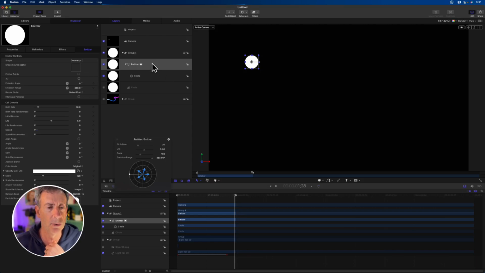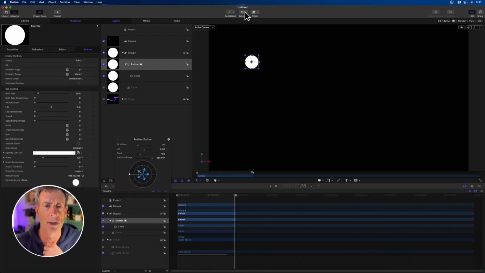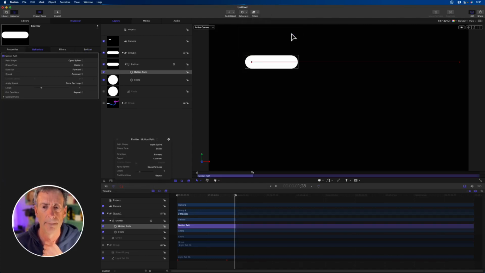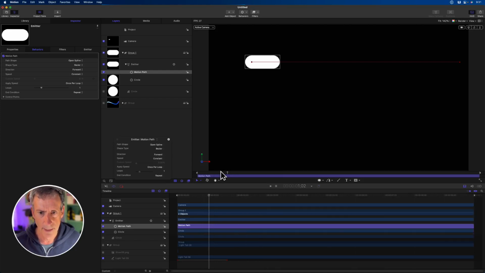And then what I'm going to do is, let me make sure I'm doing this right. Let me think for a minute, because I want to do this along a motion path. So it's still going to be a point, but I'm going to animate this along a motion path. Basic motion, motion path. And I get a line, okay? So what I did is I applied the motion path behavior to the emitter. So by default, the emitter is going to move, let me get rid of that play range, Option X, along that,